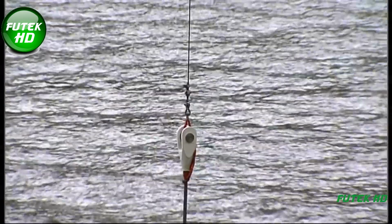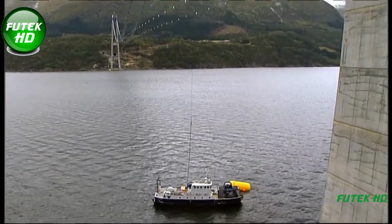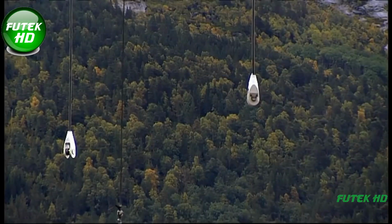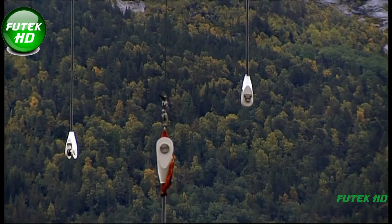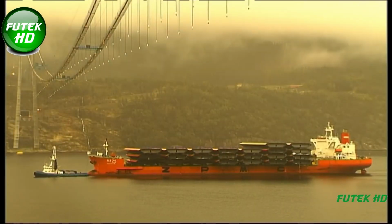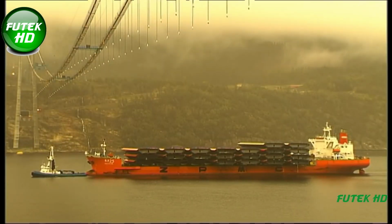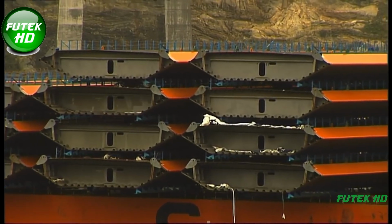However, the bridge's construction raised environmental concerns, particularly regarding its impact on local ecosystems and tourism. The fjord is known for its rich biodiversity, and special measures were taken to minimize disturbances during construction. For example, construction activities that could impact water quality were carefully regulated, and efforts were made to restore natural habitats